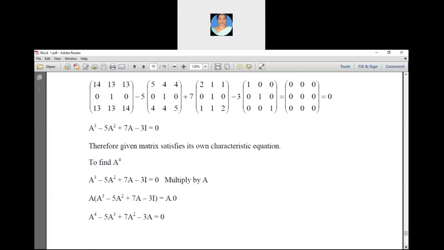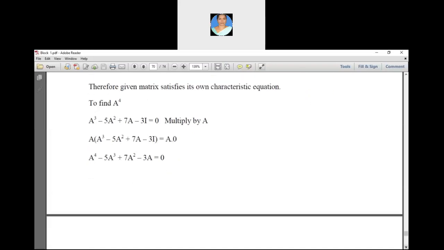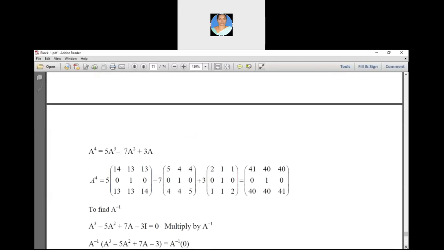So A power 4 equal to 5A cube minus 7A square plus 3A. Now you substitute the A cube matrix, the A square matrix and the A matrix. We get our final result: 41, 40, 40, 0, 1, 0, 0, 0, 41, 0, 0, 41. The next one is